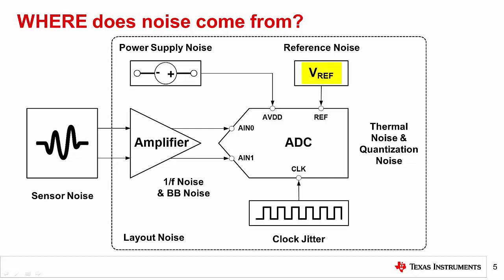The reference source, whether integrated into the ADC or provided as an external discrete component, contributes some level of noise. Since the ADC compares the input signal to the reference voltage, this noise appears in the output result as well. The output ripple on a power supply may introduce noise into the signal. Clocks, which control when the ADC samples the input signal, have clock jitter that may translate into noise when sampling a time-varying signal. And finally, the sensor itself can contribute noise on top of the measured signal.